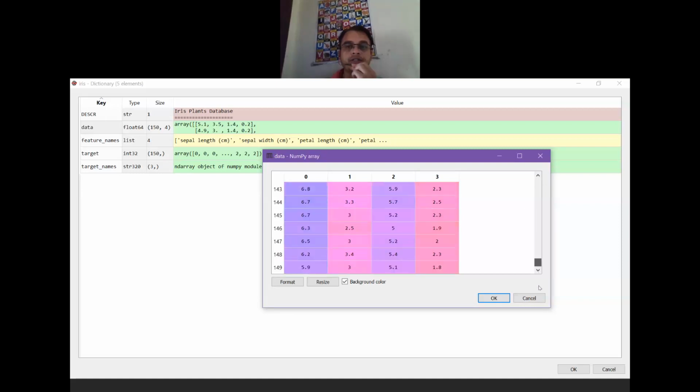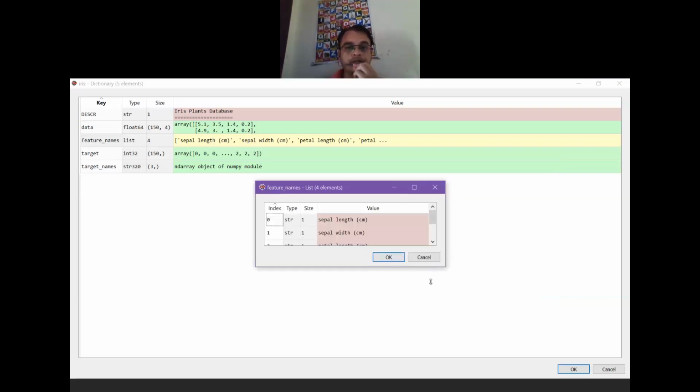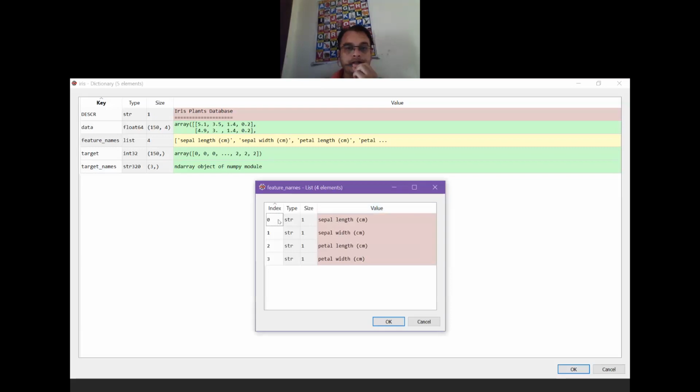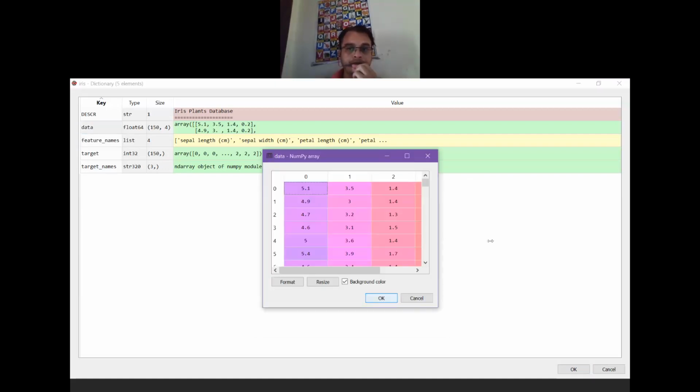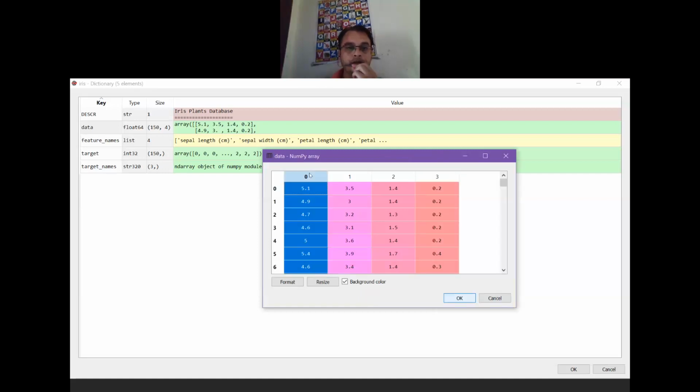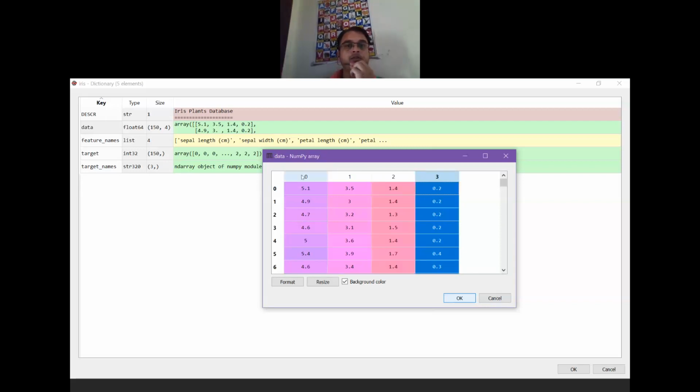For feature names, the first is sepal length, second is sepal width, then petal length and petal width. So these are the four features, and out of these four we are just looking at two.